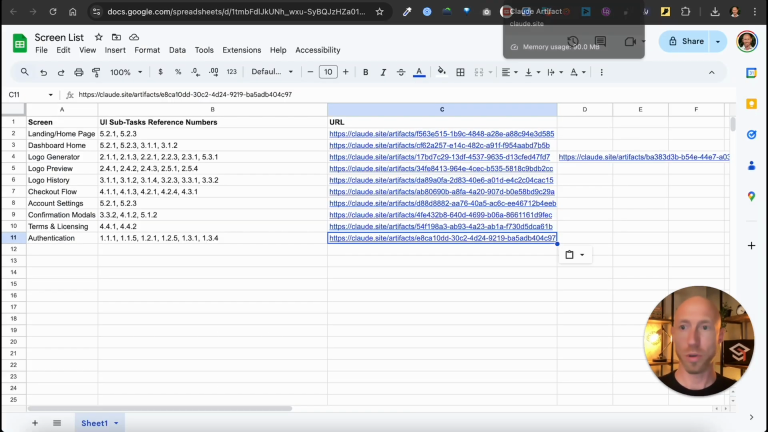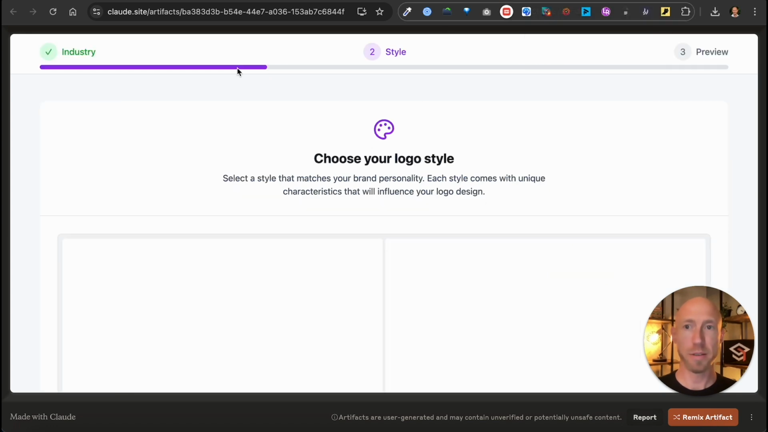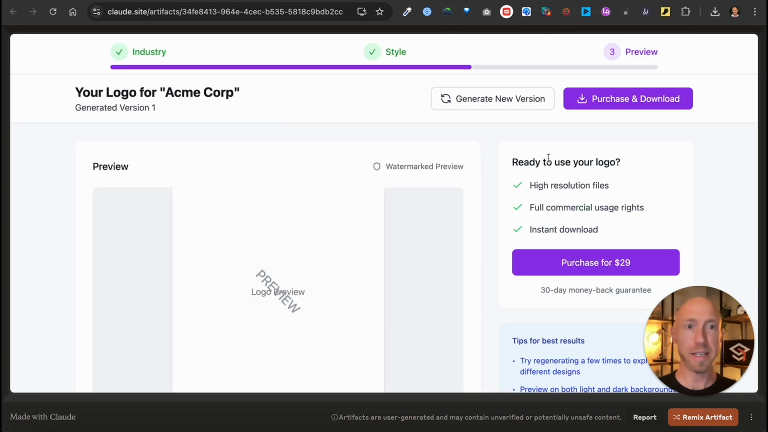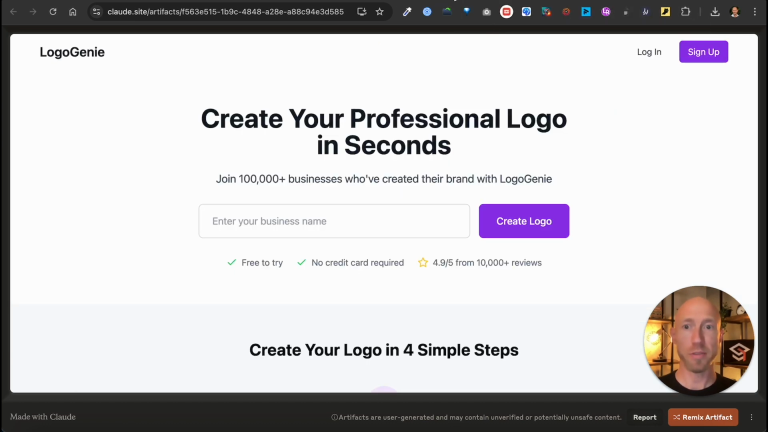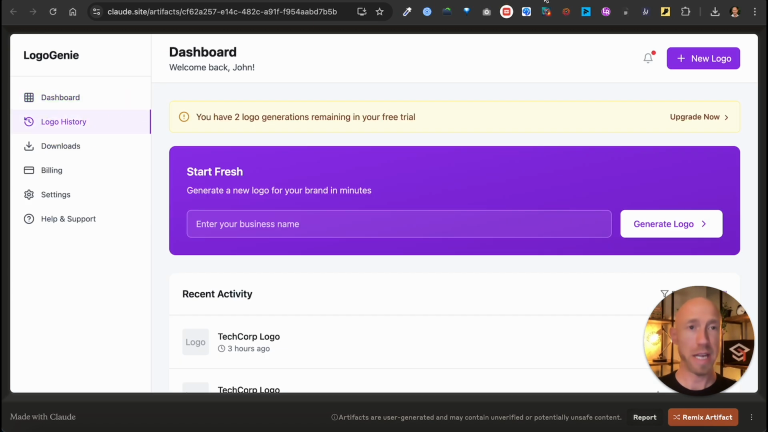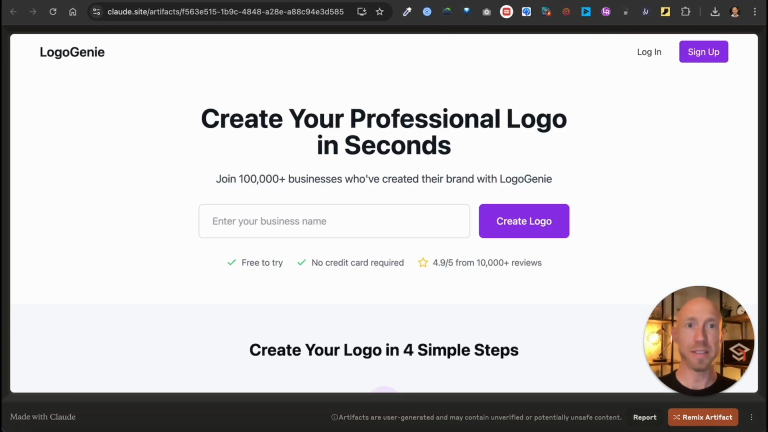Next, we'll go to the logo generator, and this is a couple multi-step screen here. So industry, they'll choose the style, and then they'll get the preview. Next, they can see their logo history, and that is something that comes off of, let's see, this dashboard here. These are just like the internal parts, so these ones inside of the dashboard would